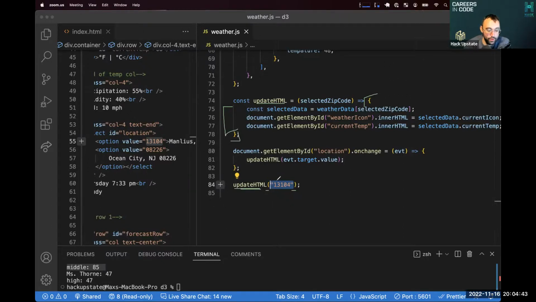Now, 13104 is the one piece of information update HTML needs to know. So when we call that, selected zip code is now equal to 13104 for the length of this curly brace down to this curly brace. So we now say, great, selected zip code, wherever we see that, we know that's 13104. So we take 13104, we dump that into selected zip code,